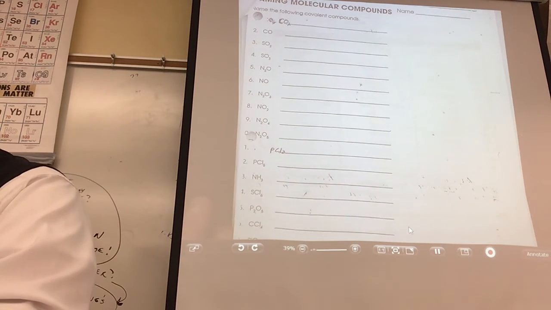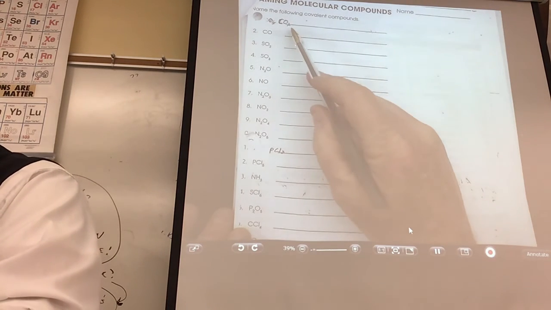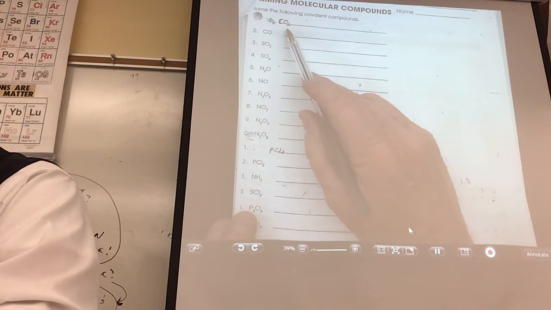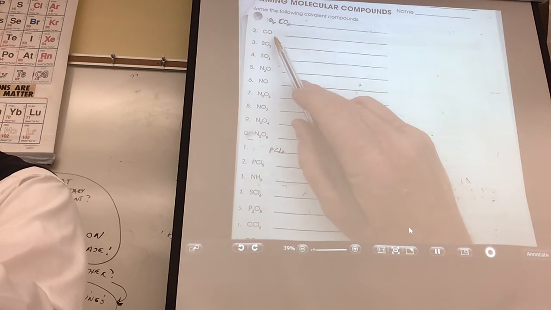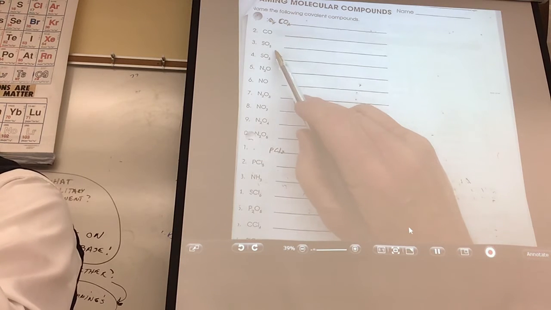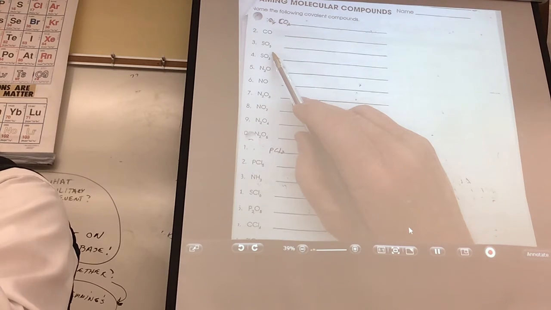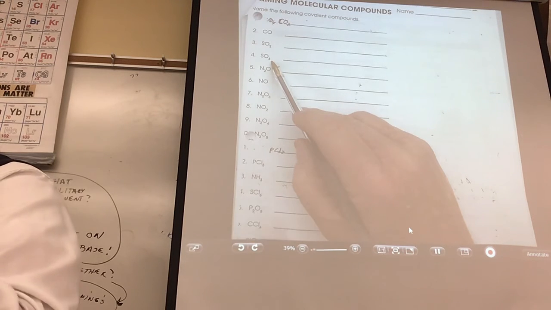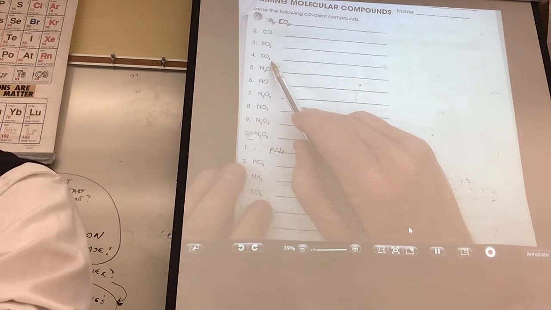All right, ready? Let's start with Sierra, and just say the name of this compound. Remember, you don't use mono for the first element, but you do for the second. What do you call this guy? Carbon dioxide. Go. Carbon monoxide. Next, go. Yes, sulfur dioxide. Go. Sulfur. How many oxygens? What's the prefix that means 3? That's it. Sulfur trioxide. Next.